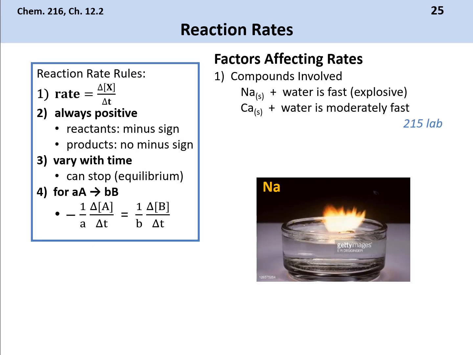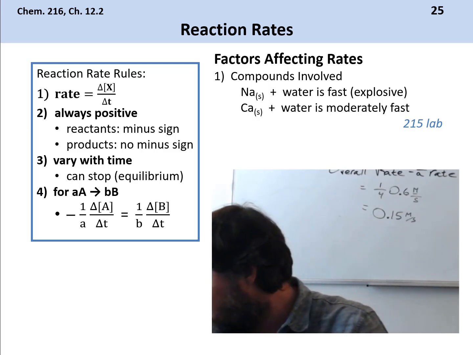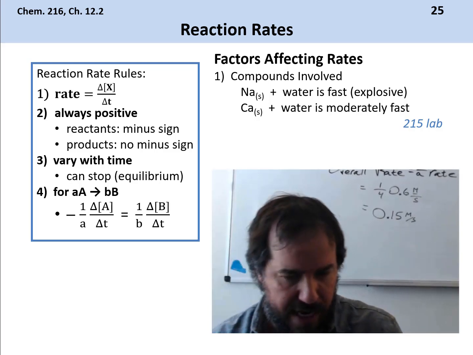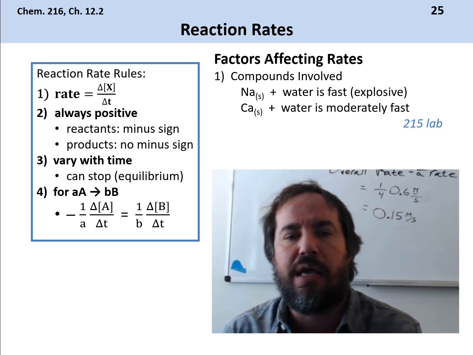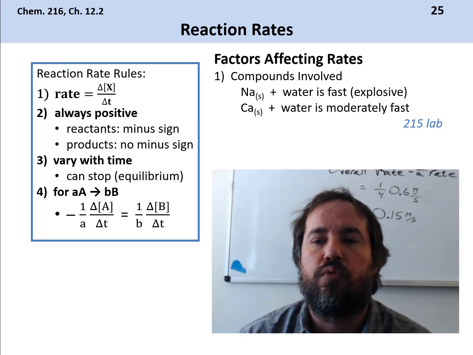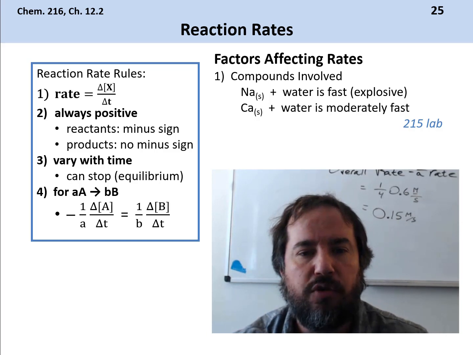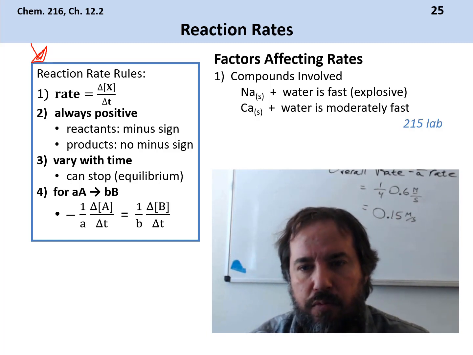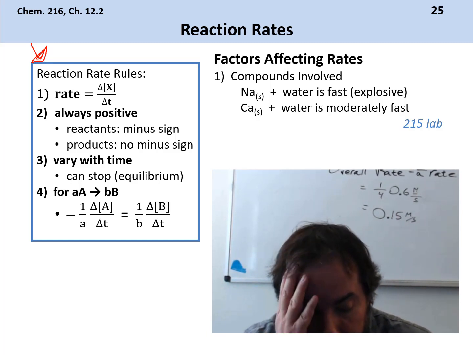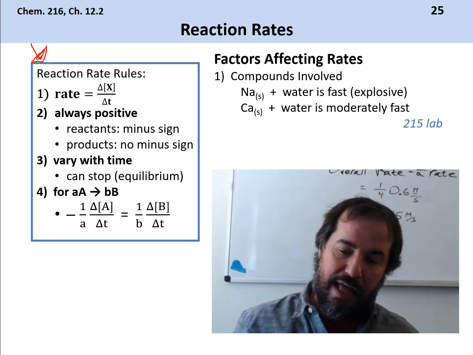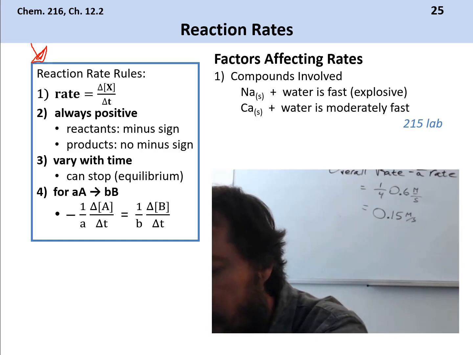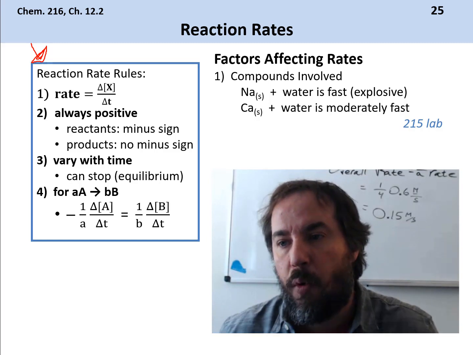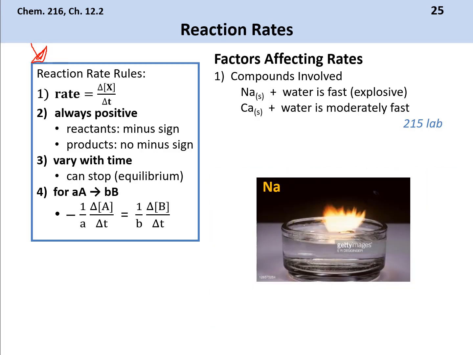Now we're going to go ahead and move on to 12.2, which is a short chapter or section. And this is all talking about what all controls reaction. Okay, so we have these reaction rate rules over here on the left. These are the ones we went over. What factors affect rate? Now, in order to do this, we need to think in everyday life, right? How do I make a reaction faster, or slower? Well, the first thing you should know is that